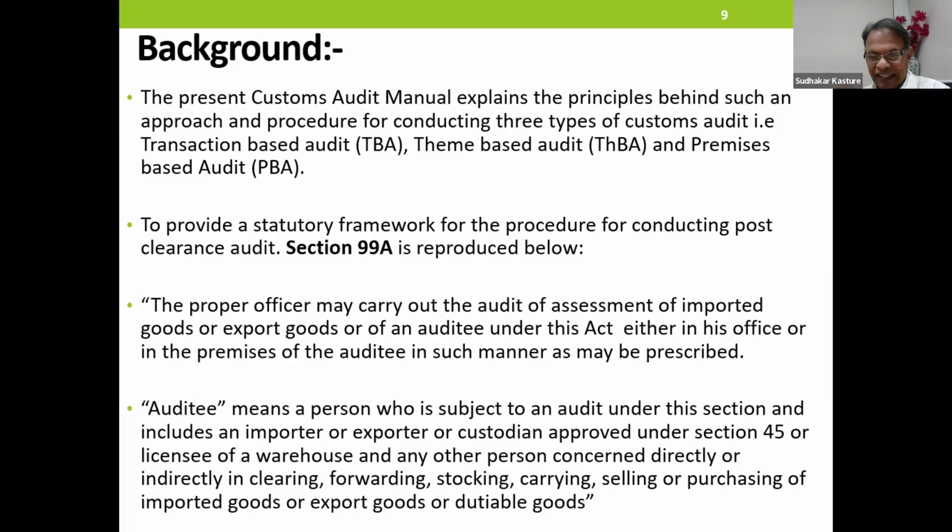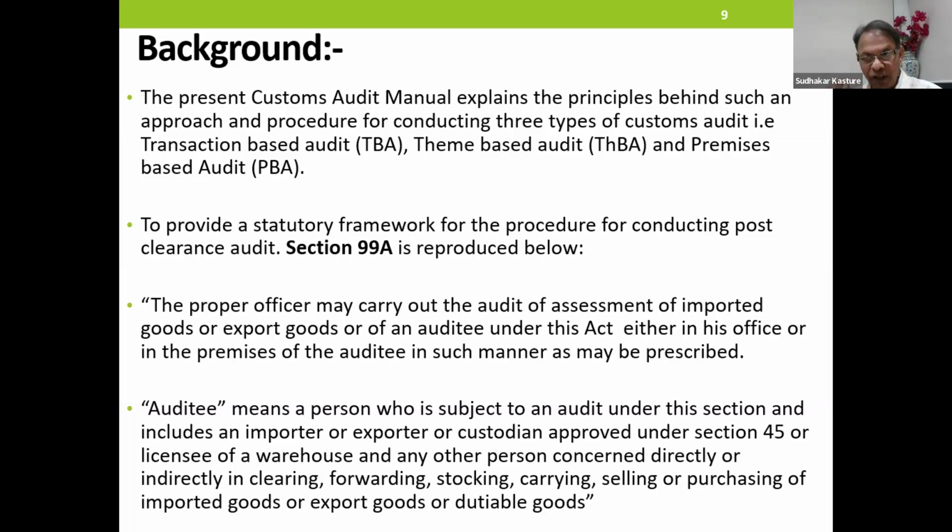It says auditee means a person who is subject to an audit under this section and includes an importer and exporter, very clear, or custodian approved under section 45, again very clear, or licensee of a warehouse, absolutely no problem. These 3 were always there.